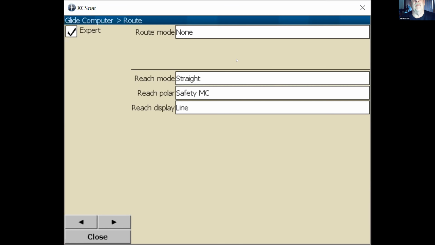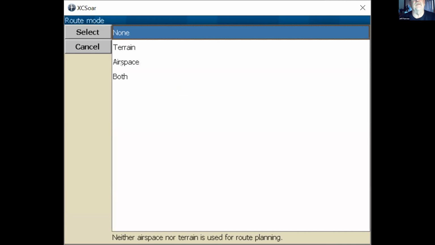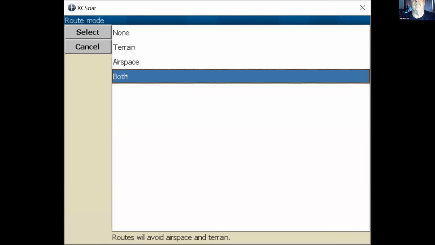If you wanted to get a bit more complicated, it can start turning around corners in terrain or corners in airspace, so that, yeah, it hits the hill here, but now if you go to the right of the hill and then come around behind the hill, it will work out how far you can go behind the hill. But that takes a hell of a lot more computing power to be doing that type of stuff, so it's going to be slowing down the number of readings you're getting per second.